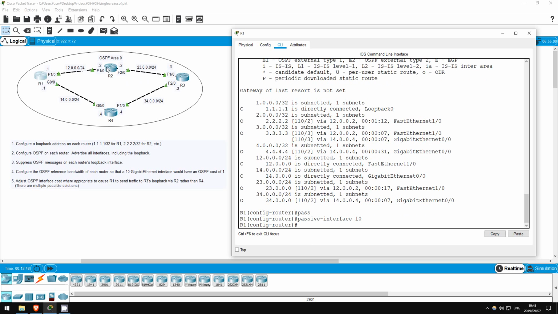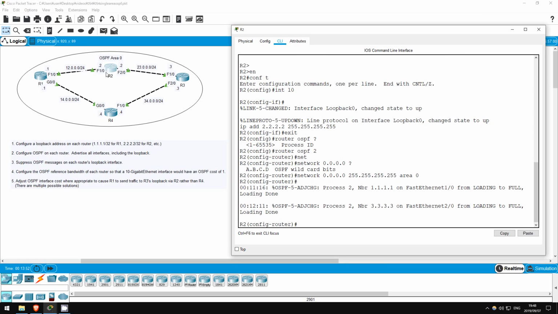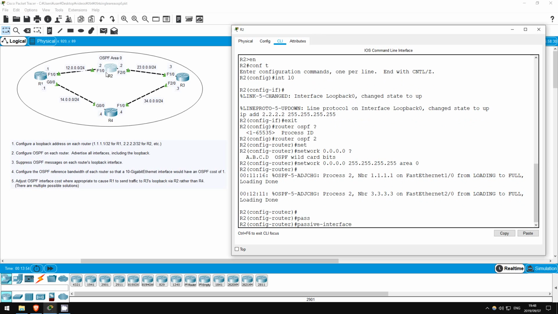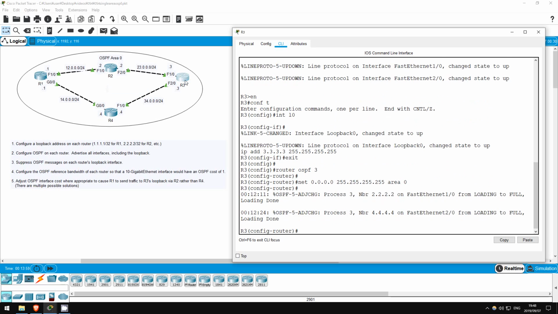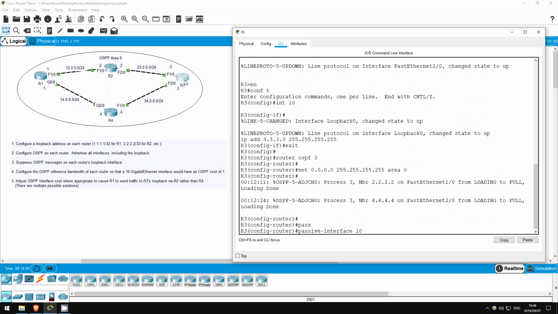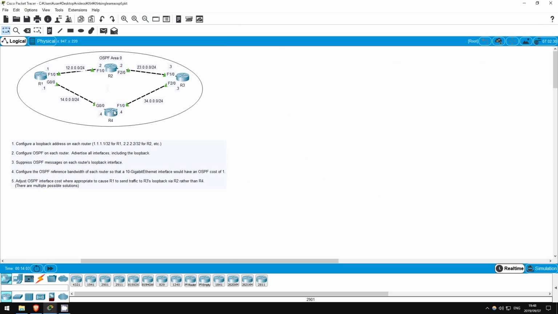Let's quickly do the same on the other routers. First R2, passive interface L0. Then R3, passive interface L0. Finally, R4,